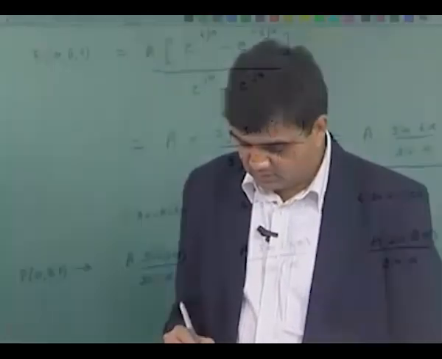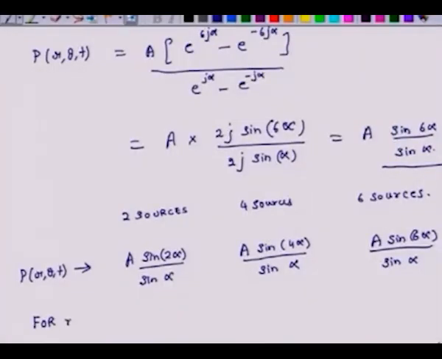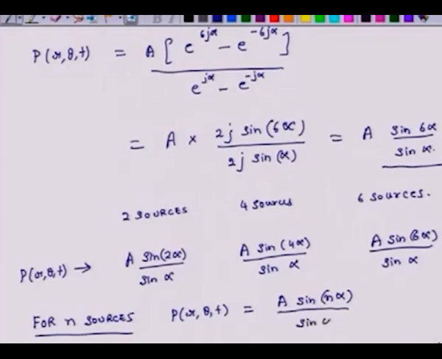an actual case, then for n sources, I can extend this and I can have a very generic relation. My relation for pressure is going to be P(r, theta, t) equals A sin n alpha divided by sin alpha. So, this is the relation when I have n sources, all in a straight line,